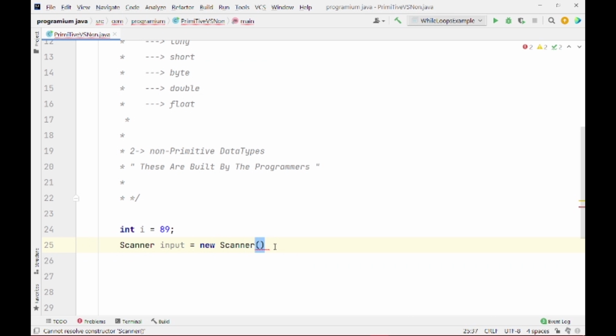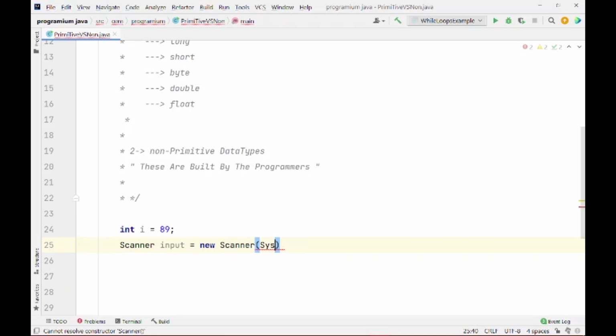And in object oriented programming, we will see how to create your own data types. Those data types won't be primitive data types, because they are not built-in data types. Those data types are developed by you and other programmers, so those are non-primitive. Remember this one.